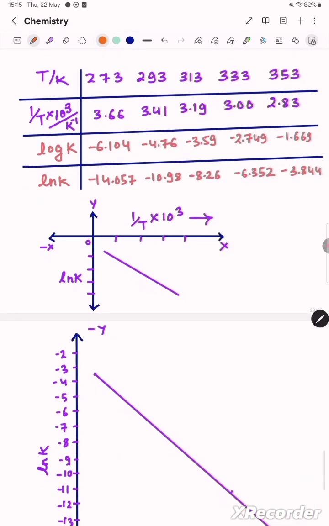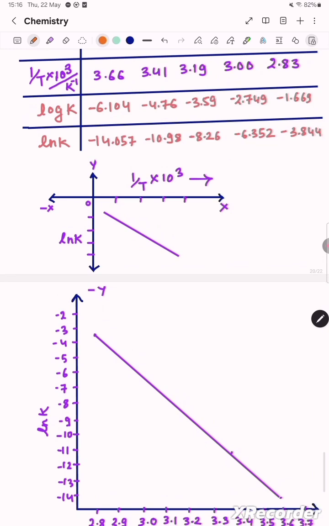Here y2 is located on the y axis, that is ln K. So y2 we take this, and y1 we take 10.98, and x2 we take 3.66, and x1 that is 3.41. Why? Because at the x-axis inverse temperature is located, and at the y-axis ln K value is located. So we take this value,